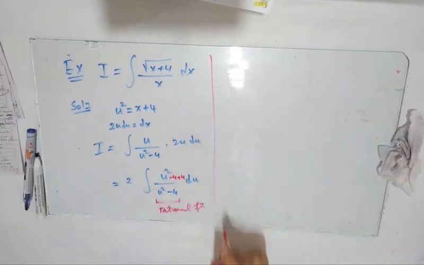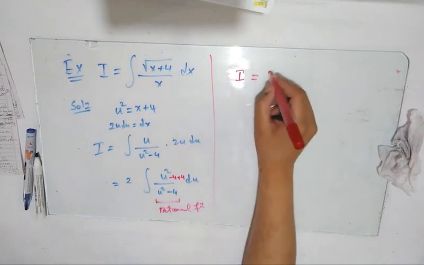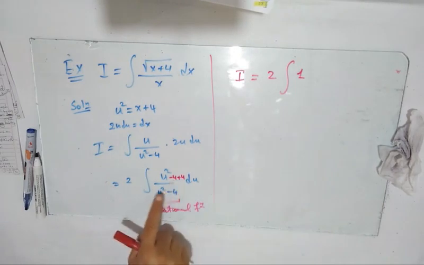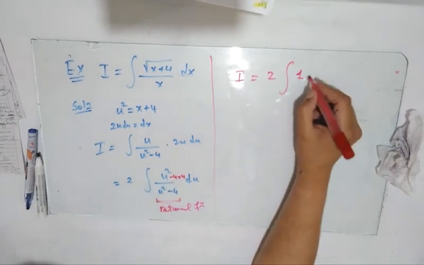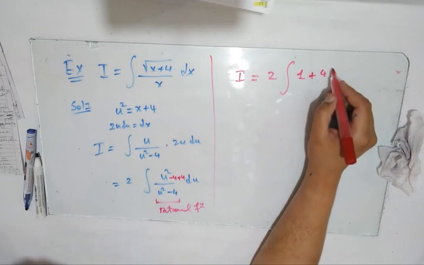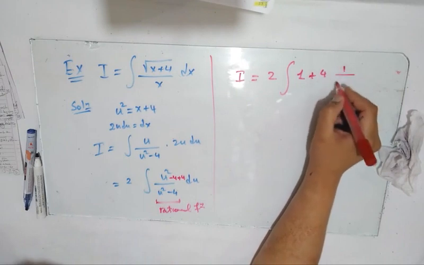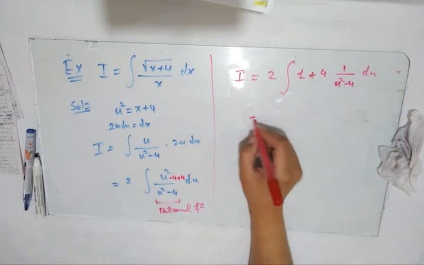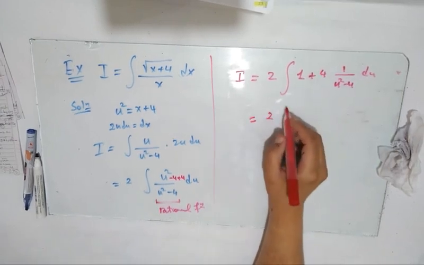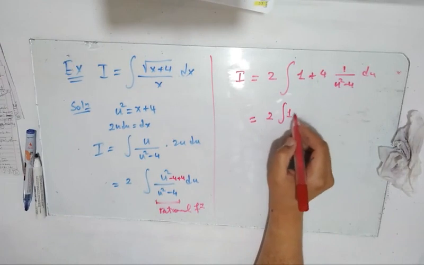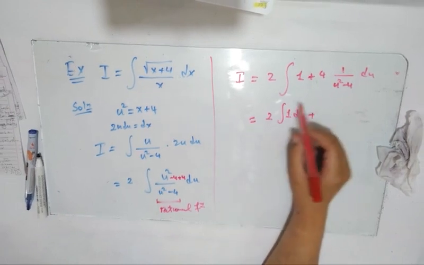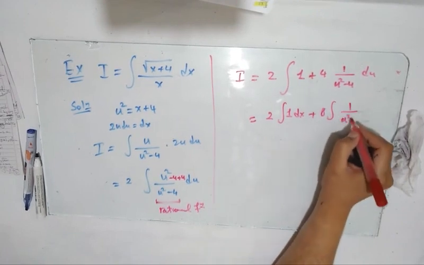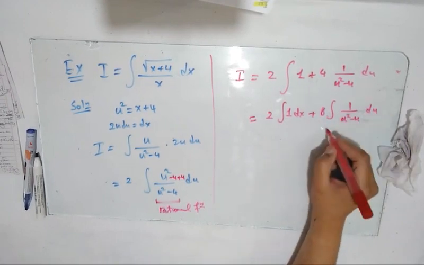If you do that, it will be 2 times the integral of 1, because u squared minus 4 over u squared minus 4 is 1, plus 4 times 1 over u squared minus 4, with respect to u. Then you can solve it easily. The first one would be 2 times the integration of 1 with respect to u, plus 2 times 4, which is 8, times the integration of 1 over u squared minus 4 with respect to u, which is easy